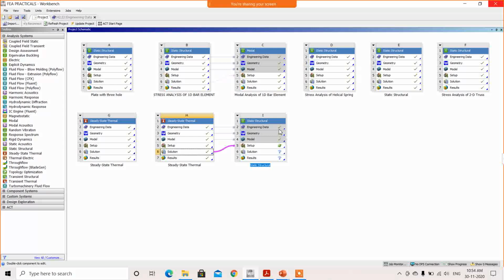So you can check here in the engineering data, there is a right tick. In the geometry there is also a right tick. In the model it is also a right tick. Only need to apply a boundary condition. So double click on the boundary condition or right click and click on edit, so that mechanical analysis will open now.